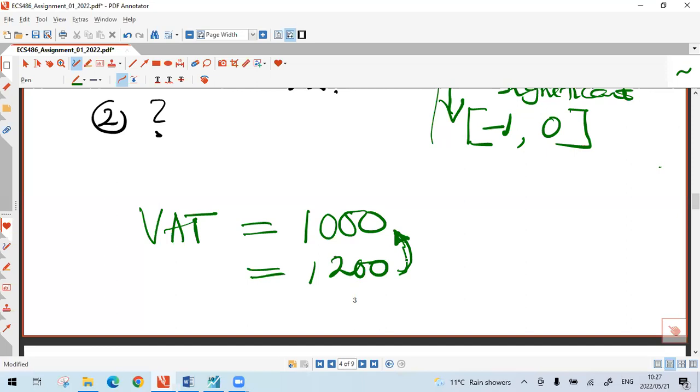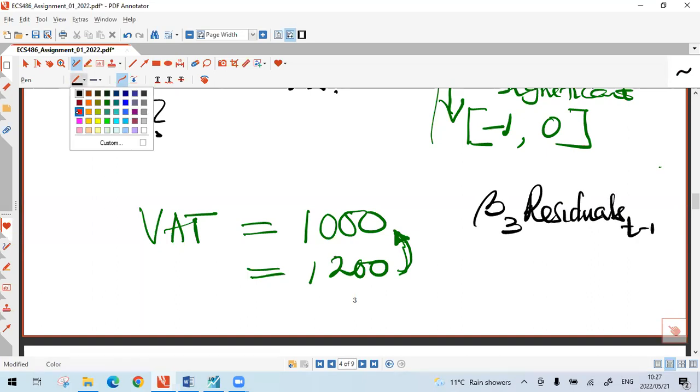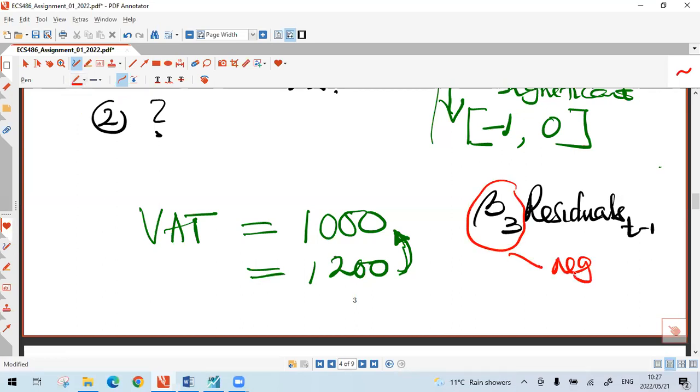I am saying make use of beta 3 that we are having there on our model. This beta 3 is what we are going to look at. And we are saying this beta 3 should be negative and should be bounded between -1 and 0. Why should it be negative? That was the question. We are saying if it's above and this one is negative, obviously it will be pulled back to